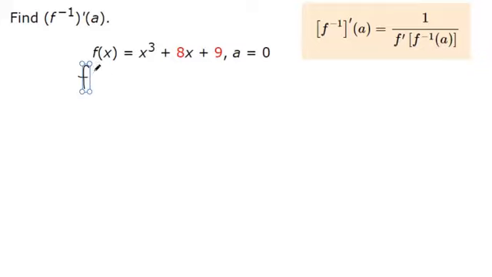So we need to know what the derivative of f of x is first, because that's the outermost part of this idea. 3x squared plus 8x, and then there's no 9 there because we're taking a derivative. So that's what the derivative is. We have this part. And now we need to plug in the inverse